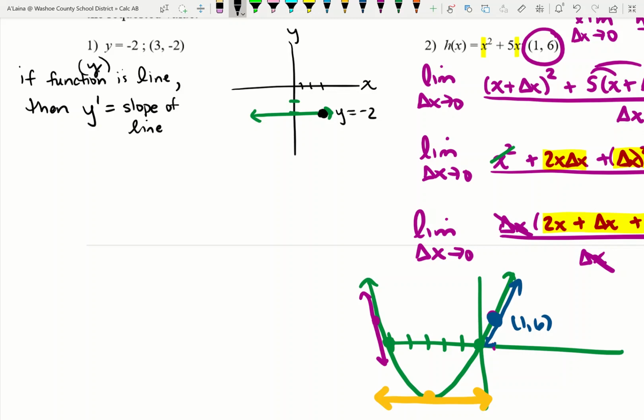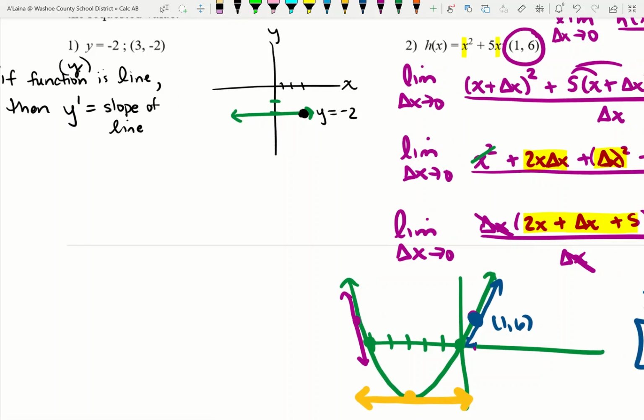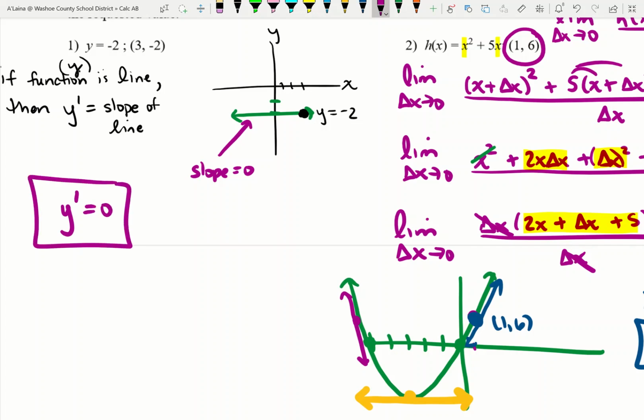Instead of thinking the slope of the tangent line, this is already a line. So we're going to just use the slope of the line itself. Well, in this instance, this is a horizontal line, and the slope of this line is equal to 0. And so we're going to say that the derivative here, y prime, is equal to 0 for this entire line because the slope is unchanging. And so rather than thinking of the slope of the tangent line, since this is already a line, we're just going to use the slope of the line. That only is going to work, however, for linear functions. Let's look at